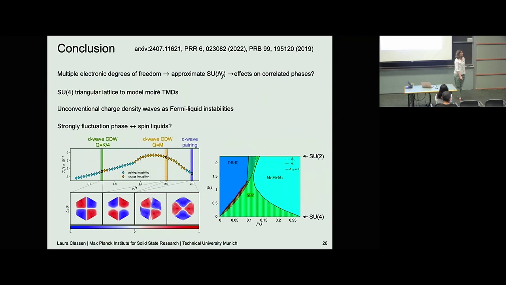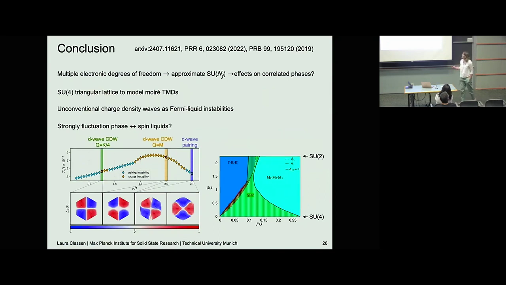Okay, and that brings me actually to the end, to my conclusion. I hope I could show you that if you have these multiple electronic degrees of freedom, there are systems where we at least approximately realize an SU(N) symmetry, and that can have interesting effects on the phases of correlated electrons. We were concretely motivated by the transition metal dichalcogenides, and that's why we studied SU(4) triangular lattice Hubbard models in